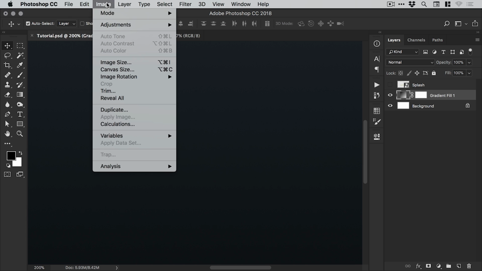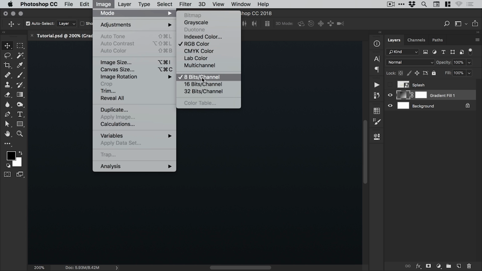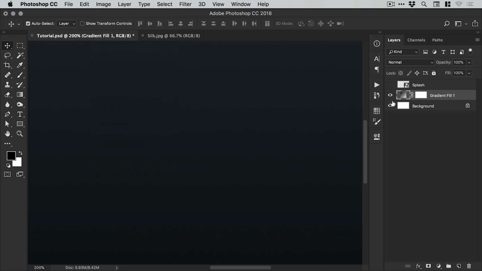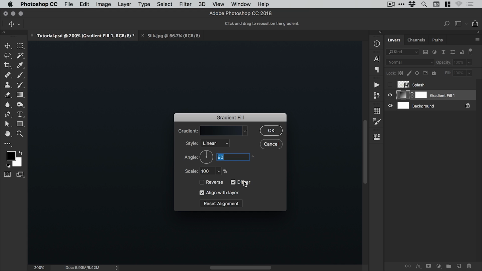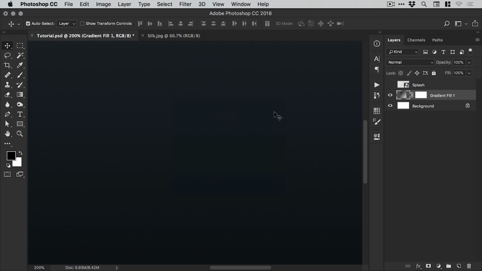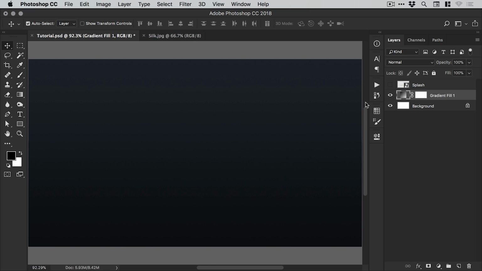So sometimes when you're working with an image in 8 bits per channel, you can get a lot more banding. 16 bits usually can get around that and you get a lot less banding, but regardless of whether you do or don't get banding, just double click on that thumbnail and you've got that dither checkbox there that just helps smooth that out. It's just where Photoshop can't really reproduce enough different colors between those sections, and it just has those kind of hard divides called banding. But anyway, that's banding, and I'm actually going to lock this layer now here because I don't want to move